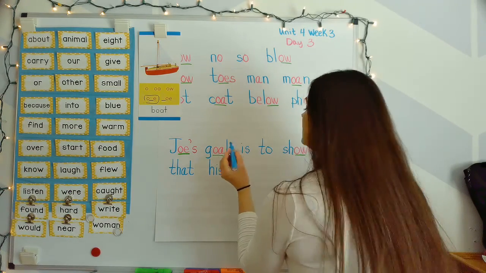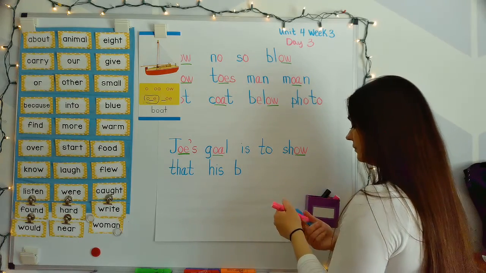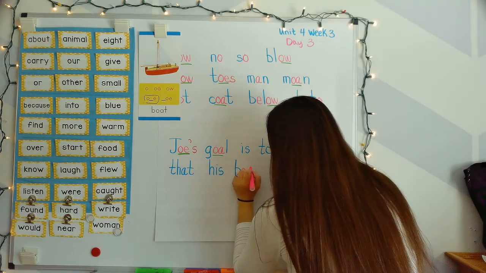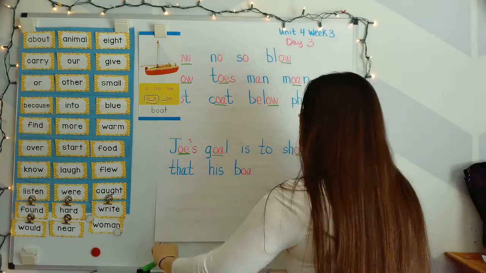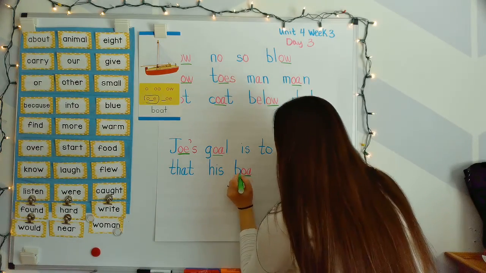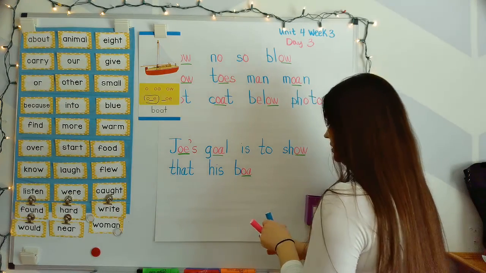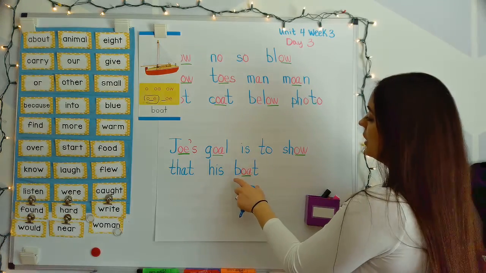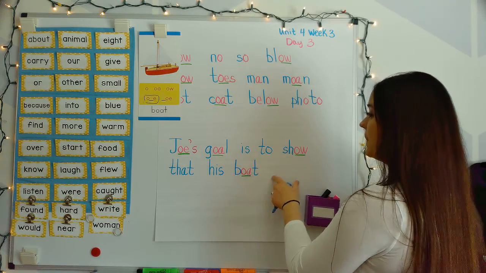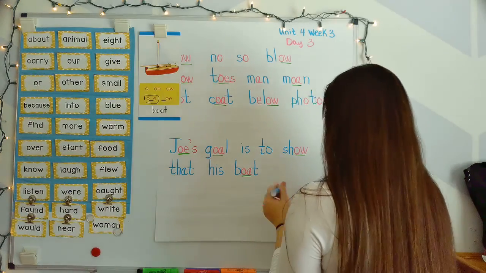That his, B says ba, O-A, vowel team, working together to say the long O sound, ba-o, bow. T says ta, ba-o-t, boat. Joe's goal is to show that his boat